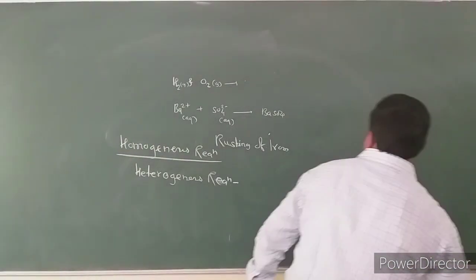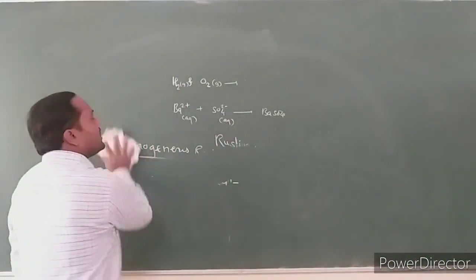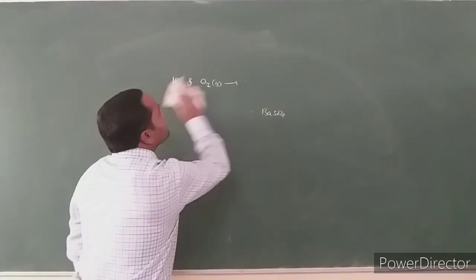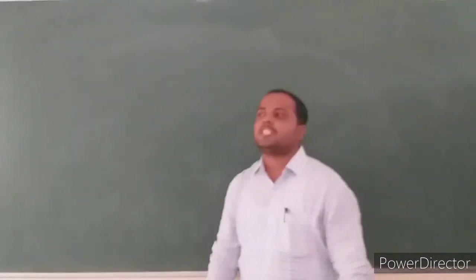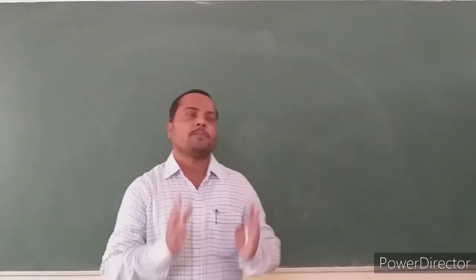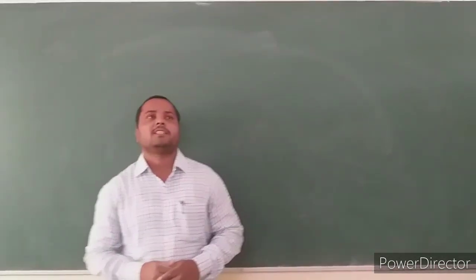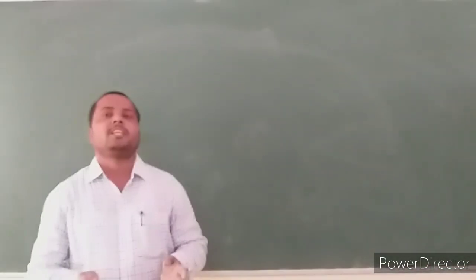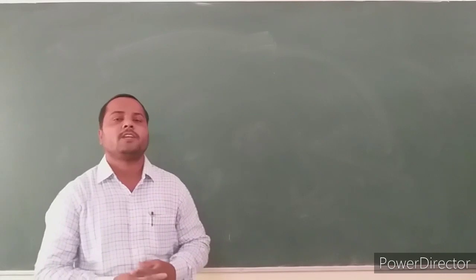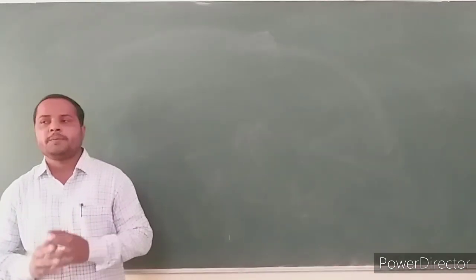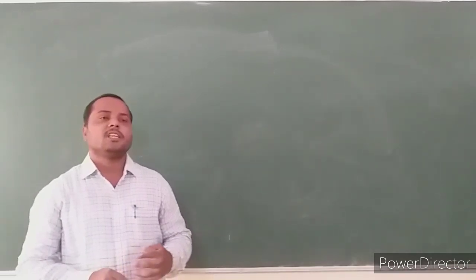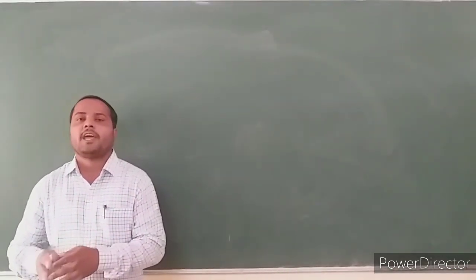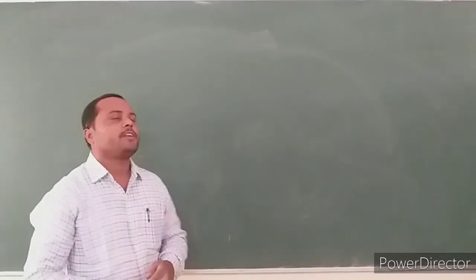Then this is the introductory part. What is the meaning of chemical kinetics? What are the limitations of thermodynamics? The thermodynamic study does not provide information about the mechanism of reaction, how fast the given reaction occurs, and how much time is required for the reaction. These are the two limitations. Chemical kinetics generally deals with the rate of reaction and the mechanism of reaction.